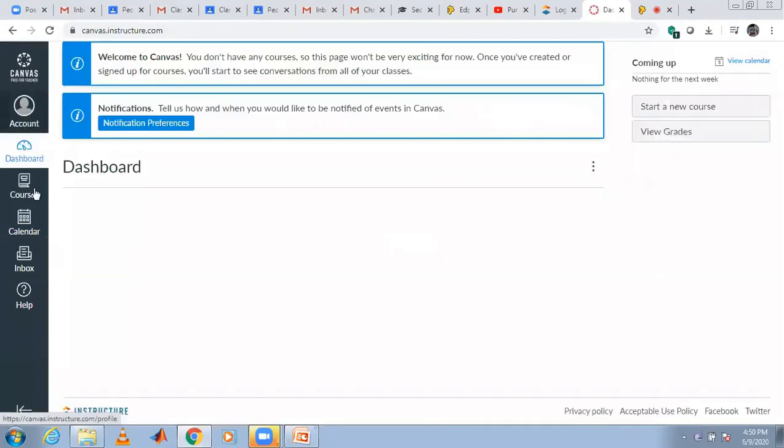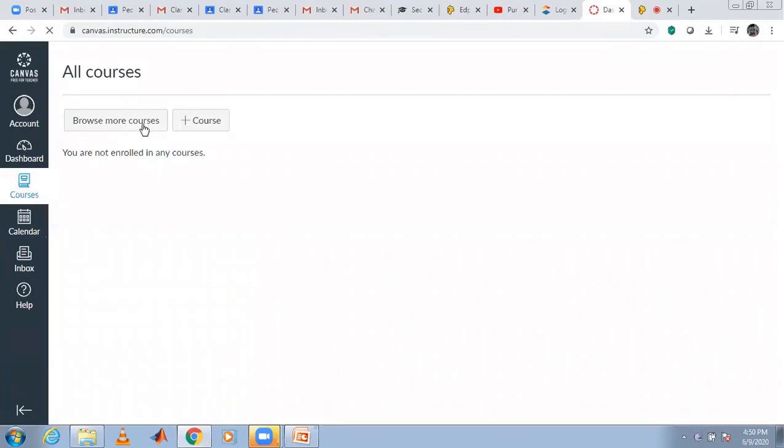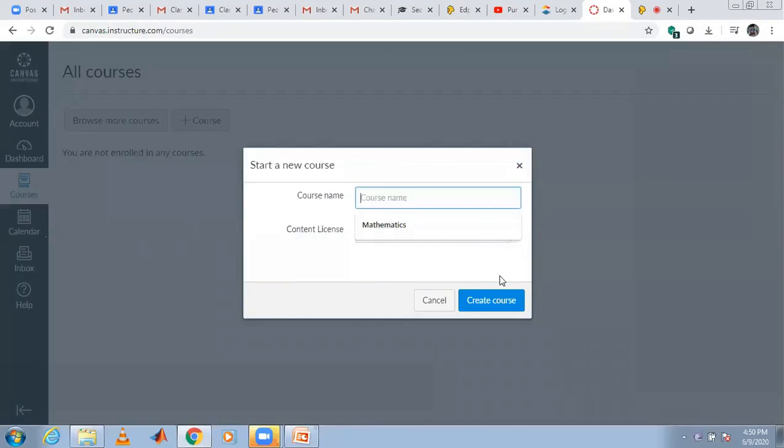In Canvas also, you can upload your courses. Already uploaded courses, browse more courses or add course. Here click on add course, course name, content license, copyrighted. That means if you are using YouTube videos or other videos, then they are asking for the content license.